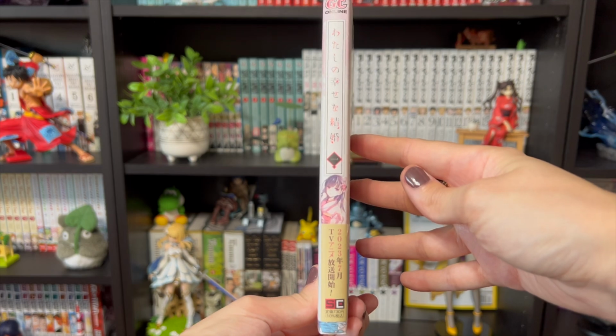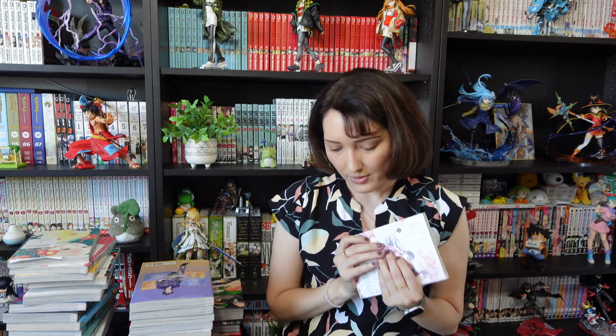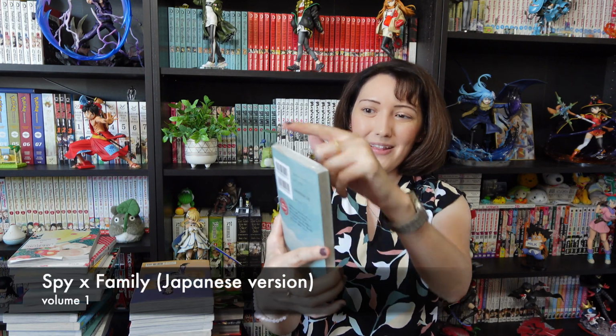Big fan of this manga, and especially anime, because I watched it first on Netflix, and you're going to see in here a little hint of some more of this, but in English. But this is in Japanese, and so yeah, it's very, very cool. I just got 3 different volumes since they're in Japanese, and so that was the second one I got in Japan. And then the third is Spy Family, and this one I still have in the packaging